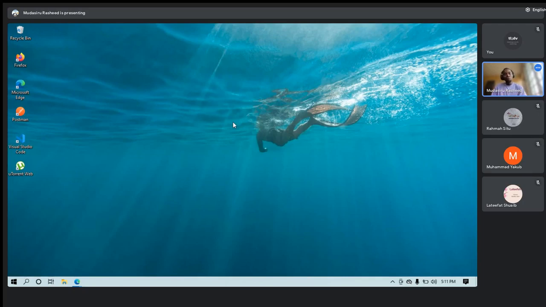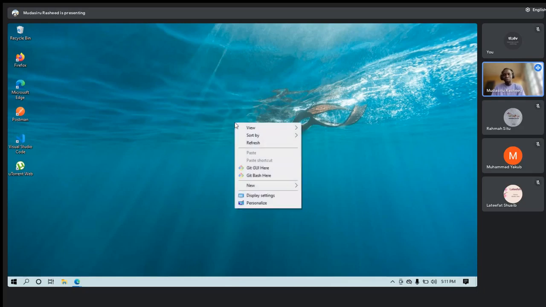And if you choose no, you may not be able to see it. You can just come to your desktop, right click, and you see you have Git GUI and Git Bash. It may be very small. I will look for a way of increasing it. So for now, we'll be using Git Bash